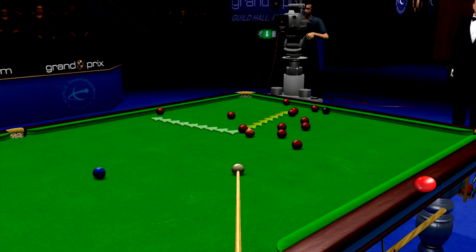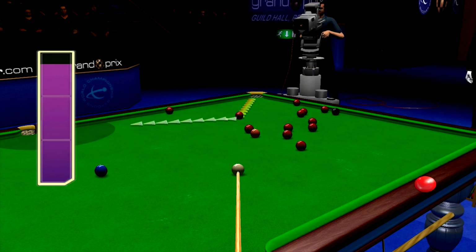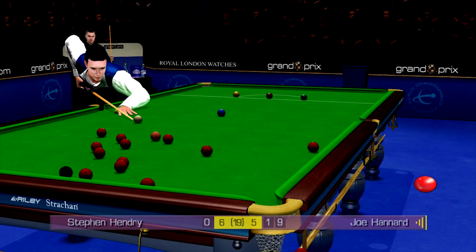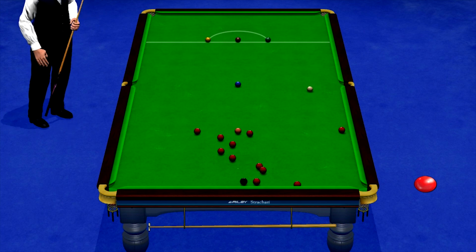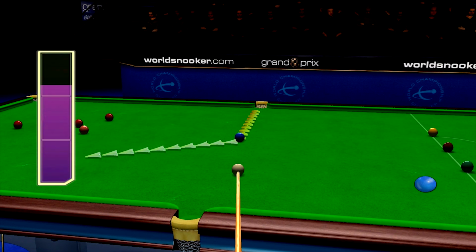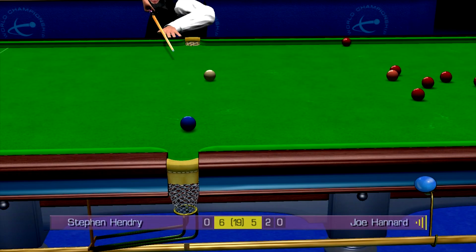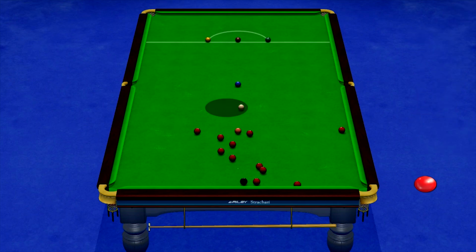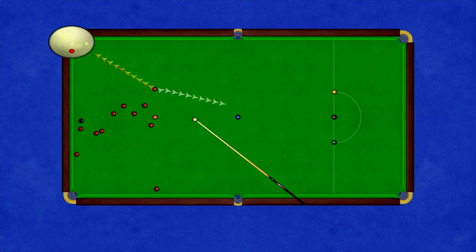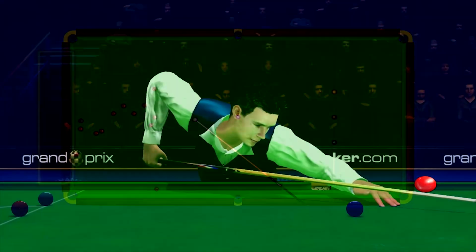19. Tough one here to get back up for the blue, but managed to just get the right side. This is always the problem with a break, when you're just concentrating on the blue, is getting the right side so that you can stun back down. 25. Can he get nicely on the reds? But he's got options here. One time we will come up a little bit short probably, and